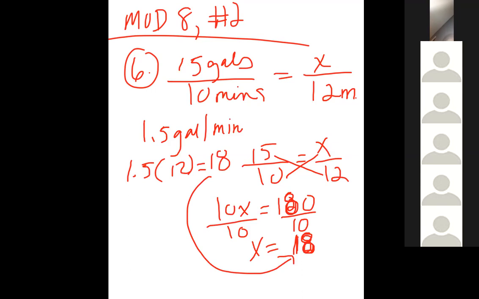Okay, next one, number 7. By the way, when you guys are doing these problems, make sure you're careful with the rounding because they do want you to round to a certain value. Like this one that we're doing, number 7, they want you to round it to the nearest whole number. Okay, so number 7,